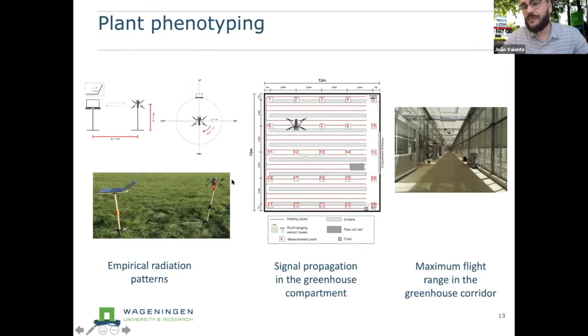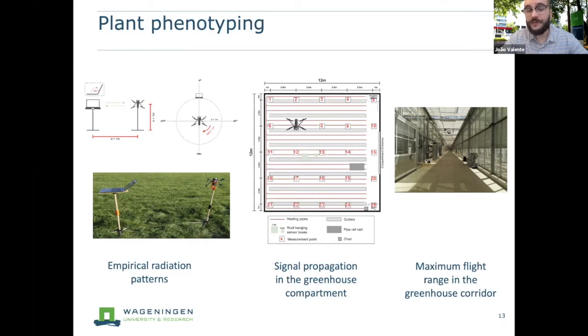One of the important things is, okay, I have a drone, I have the Robotic Operating System, I can do whatever I want. Of course, that is never the case. There is so much work until you can get the drone flying autonomously. For us, one of the biggest challenges that we have faced in the greenhouses was an effect inside the greenhouses that attenuates the communication of the drone a lot.